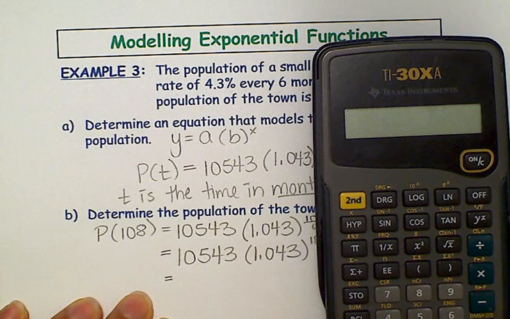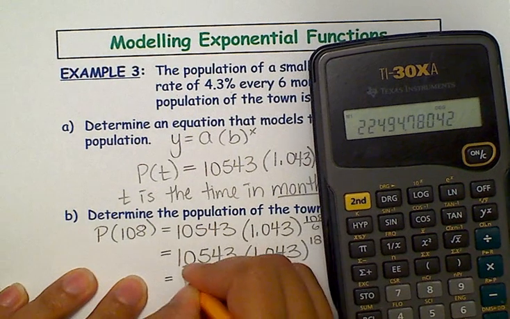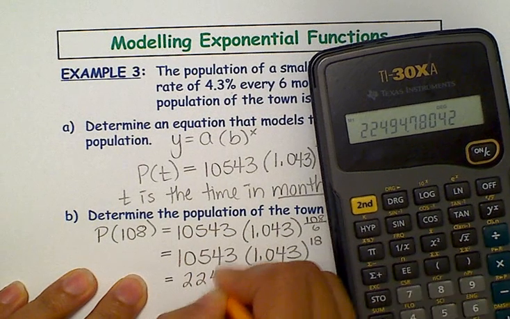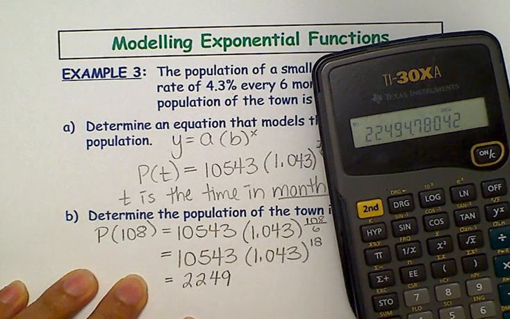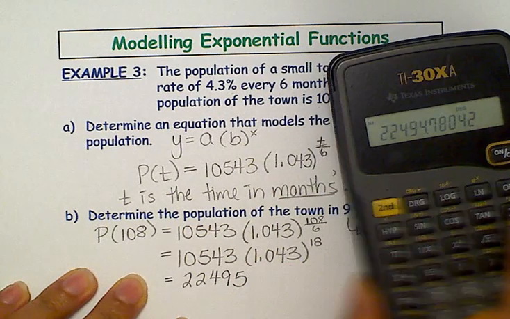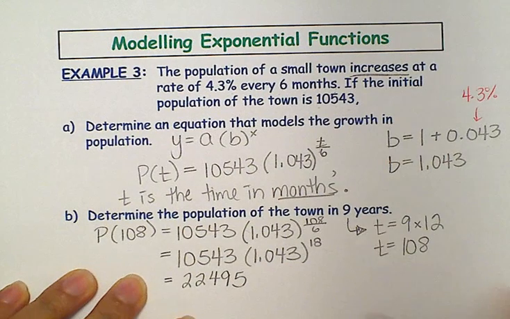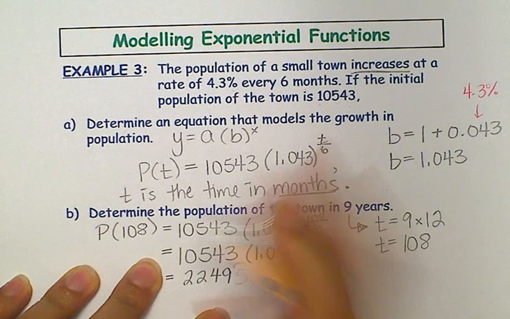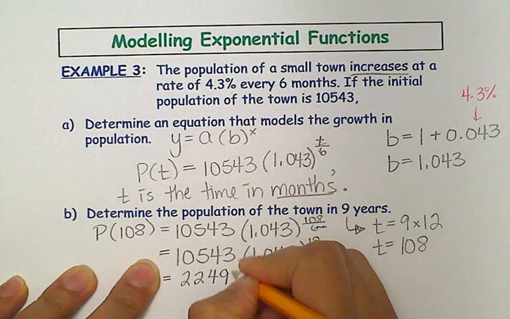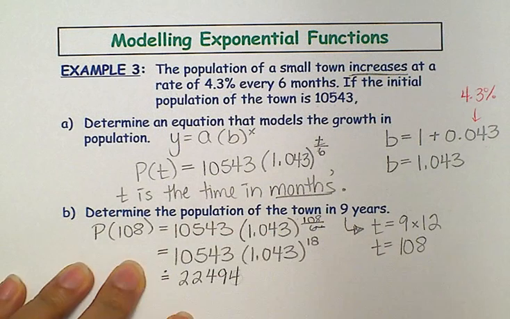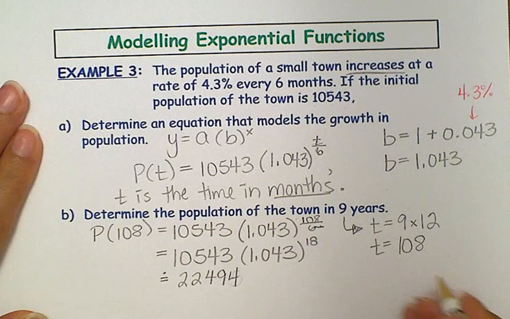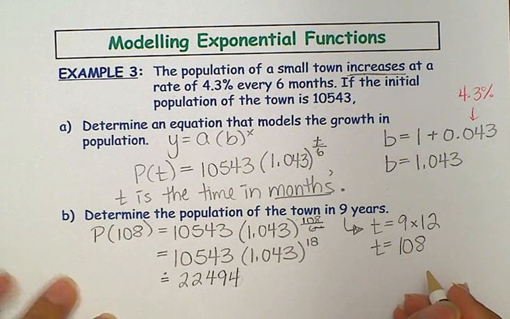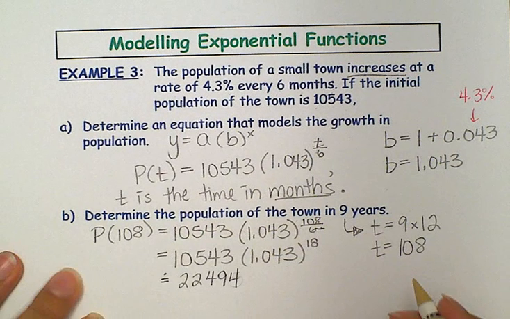And I get 22,495 if I round it up. And the reason why I'm rounding it is because, actually I should probably round it down since it's a population. I can't have a fraction of a person and I can't increase that fraction of a person. So my population for the small town is approximately 22,494 people. Okay, so therefore,